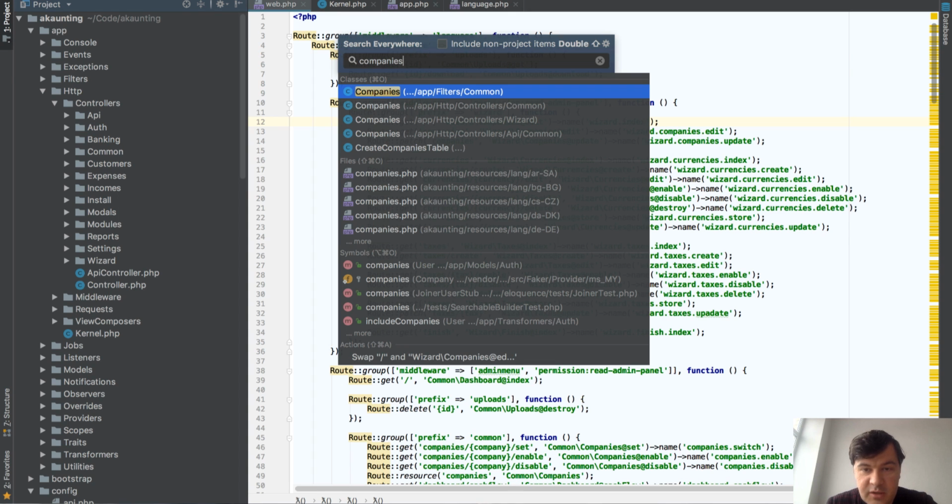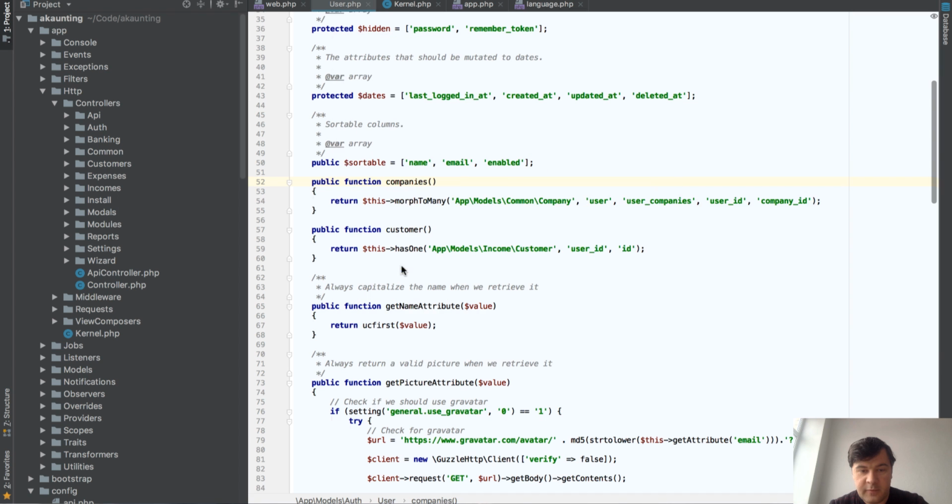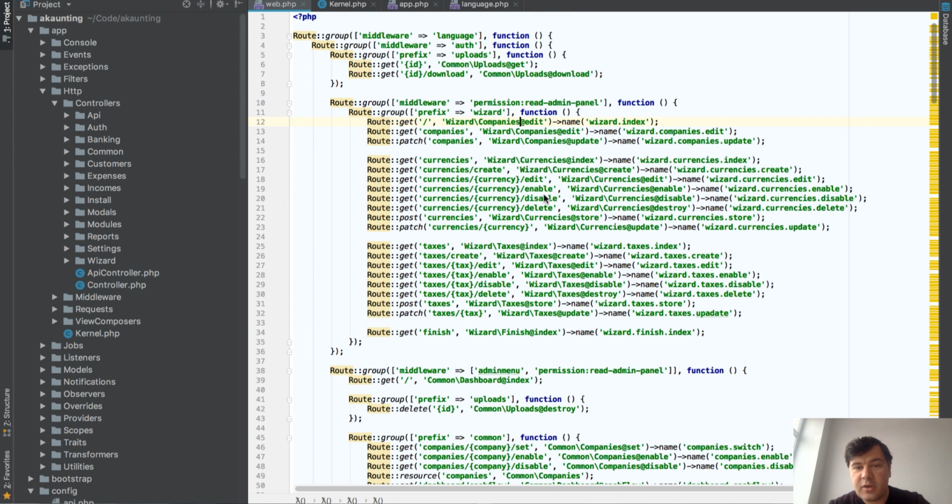So there is a common, actually there are even separate controllers, so it's even more complicated. But there is a filter, there is a controller for this, for that, and a model. There is a model in auth here with a method companies. So it would be a great practice, in my opinion, to have a currencies controller, a companies controller,